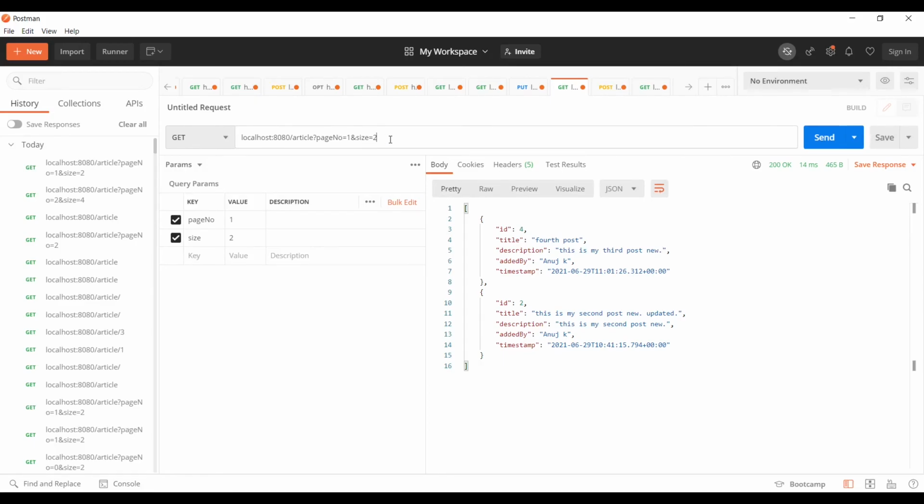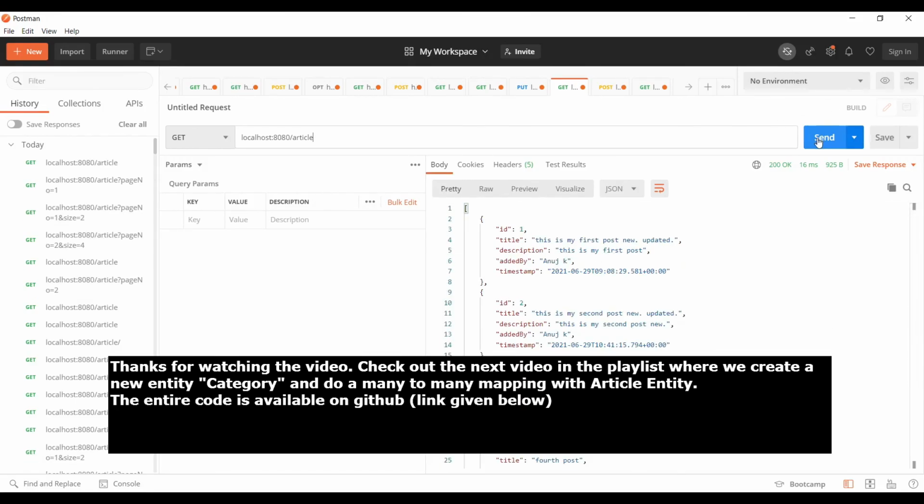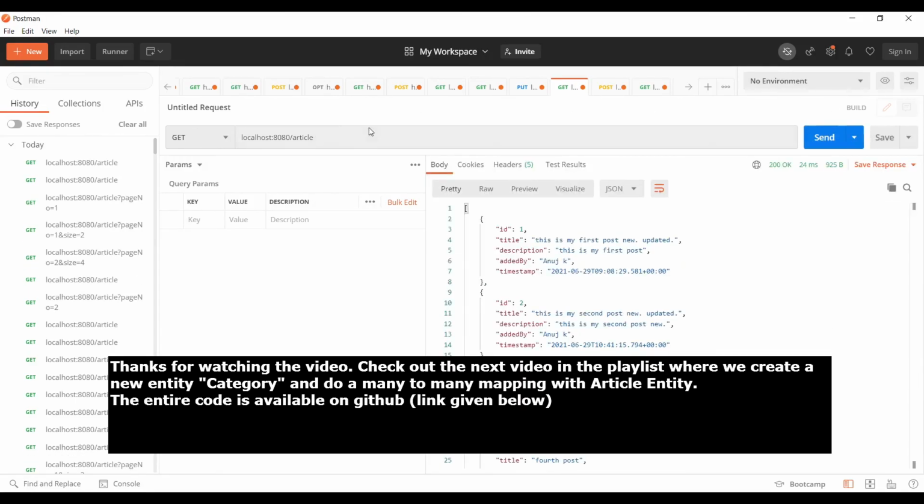or request params, the person could do something like that. Now to handle this kind of scenario, you can add code in your service layer to throw an exception when either size is given and page number is not given, and vice versa. If you have huge data and you want to display that, I don't think getting all the articles makes sense. So I think you can remove this API.